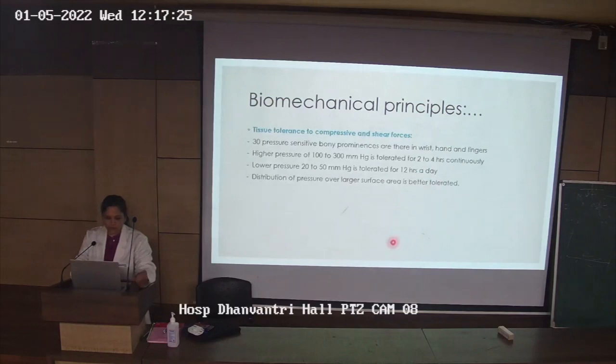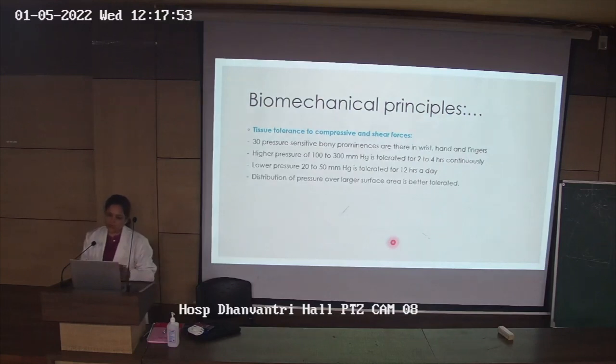Tissue tolerance to compressive and shear forces. Basically, in the hands we have many small bones, which leads to the development of 30 pressure-sensitive bony prominences at the wrist, hand and fingers. The highest pressure which can be tolerated continuously for up to 2 to 4 hours is around 100 to 300 millimeters of mercury,